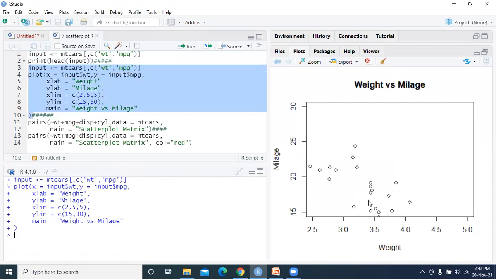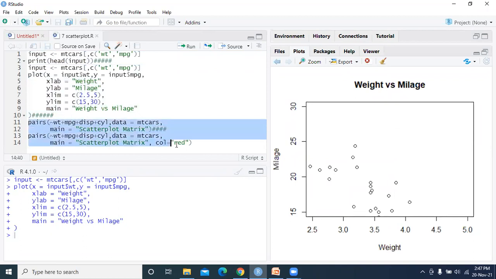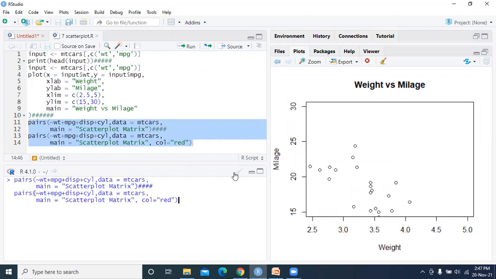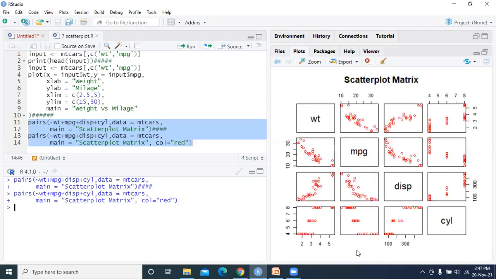So this is the scatter plot. Even you can give colors. So according to our requirement, we can select any number of arguments in order to enhance our output.